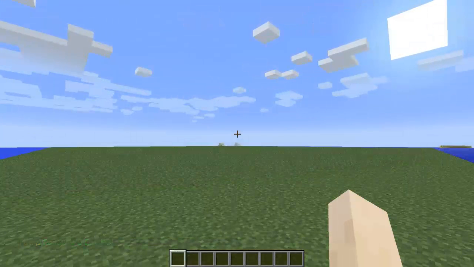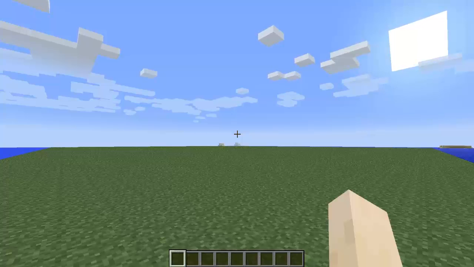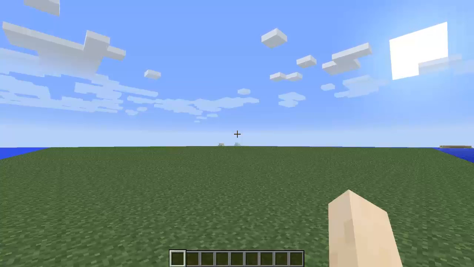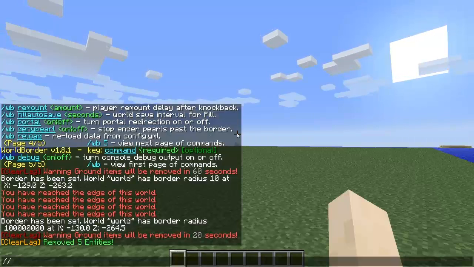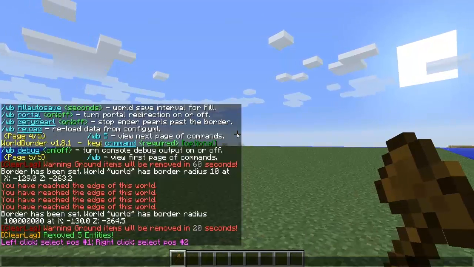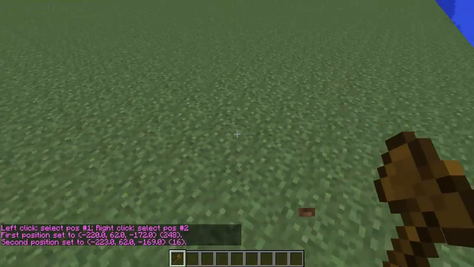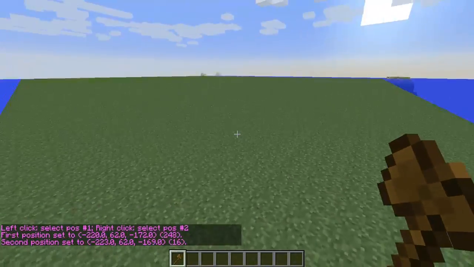Right guys, we are on our last plugin, and it is good old World Edit. This is probably one of the oldest plugins that is still being made. For map makers and stuff like that, this can help them so much. The main command, don't know why I repeat myself then, is /wand, just like that, and now you can set stuff nice and easy.